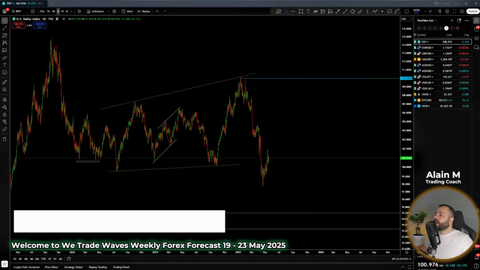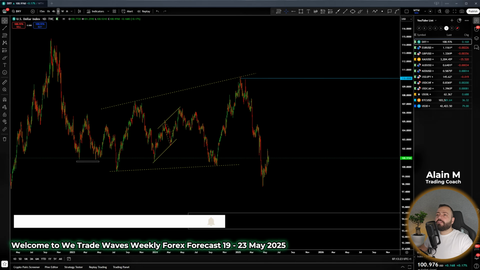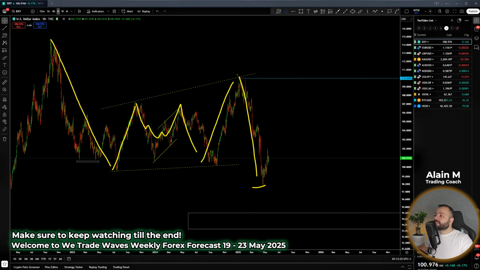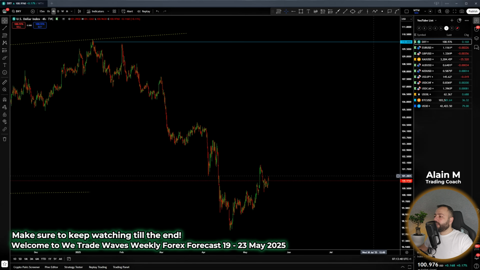So for this one, we'll start with DXY as usual without wasting any time. And here, this is the daily chart, by the way, most of you know the structure. We have this drop, up, corrective structure here, up, and then this fall. After this drop, market started to react to the upside, and this is for now still part of the corrective structure. Once I go to the 4 hours, I'll show you what we have for this one.